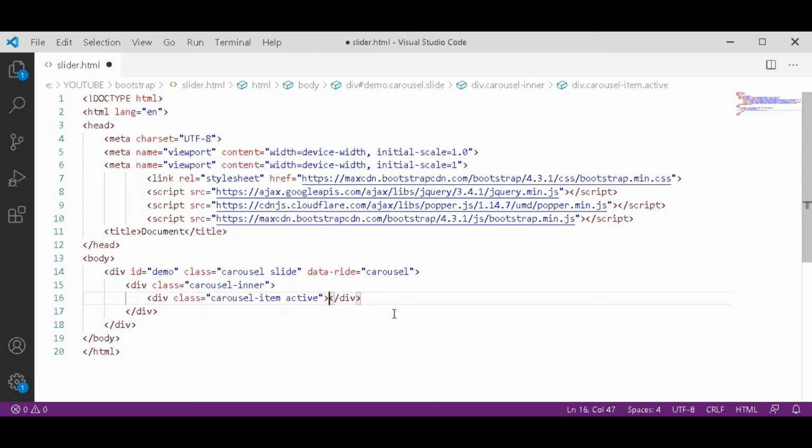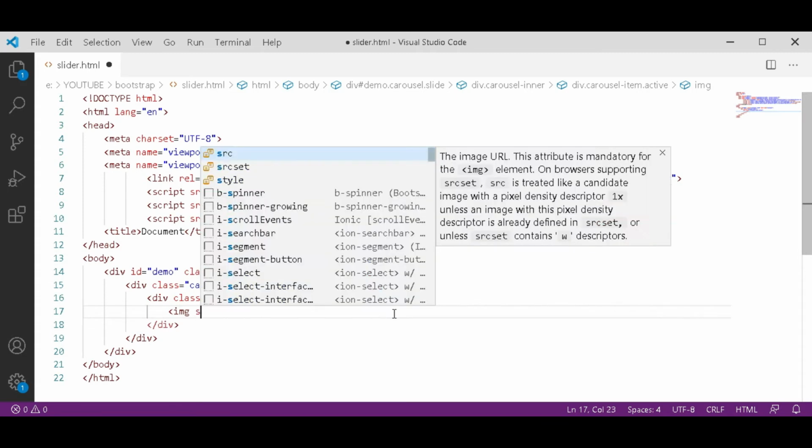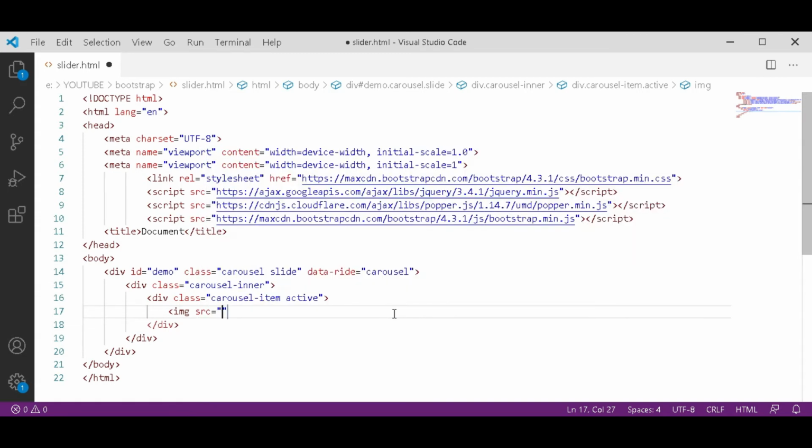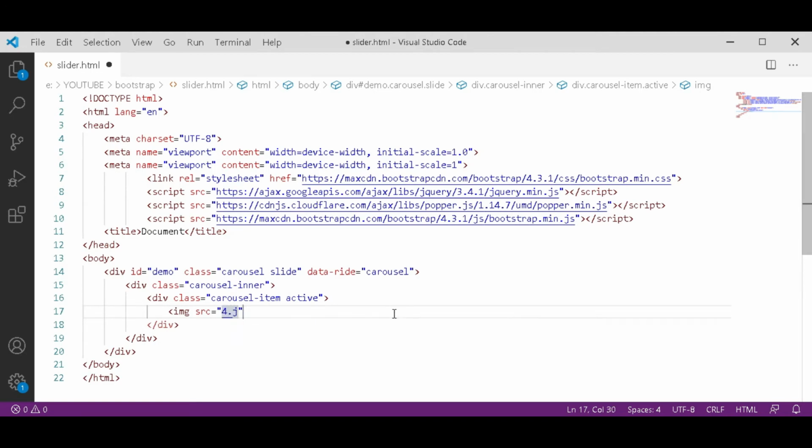After that, active tag, enter and open another tag of image. Make sure you have all images in that folder where you have saved that file.